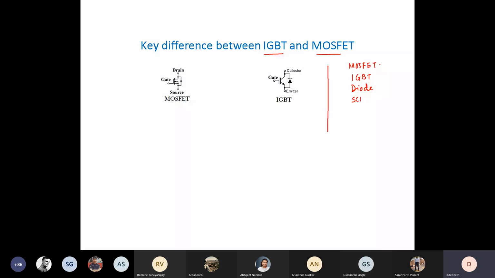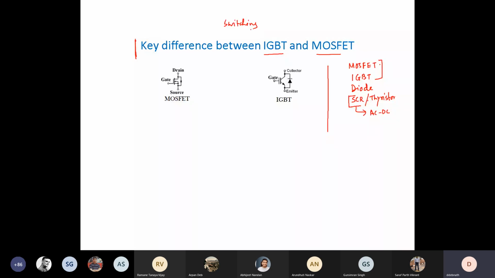Okay, these you have to understand as much as possible. SCR will be discussed during your AC to DC converter, not for other applications. We don't use it much. Diode will be used mostly in DC-DC converters, and as you know, in inverters, MOSFET and IGBT will be used. DC-DC converters also. Anyway, that you will learn later. So let me quickly take you to the difference between IGBT and MOSFET. A detailed lecture is already there. You have to remember and understand the switching behavior for your test or tutorial.